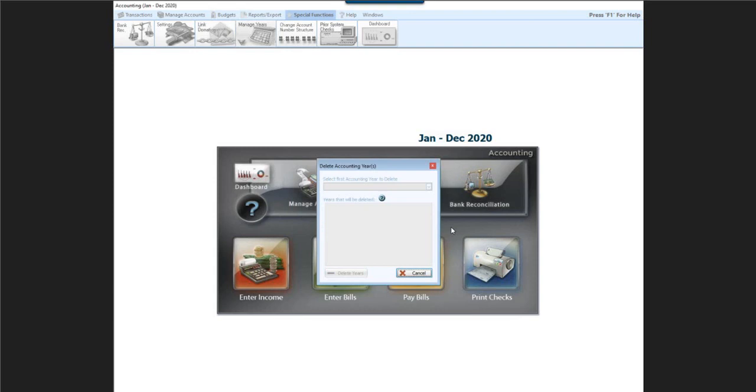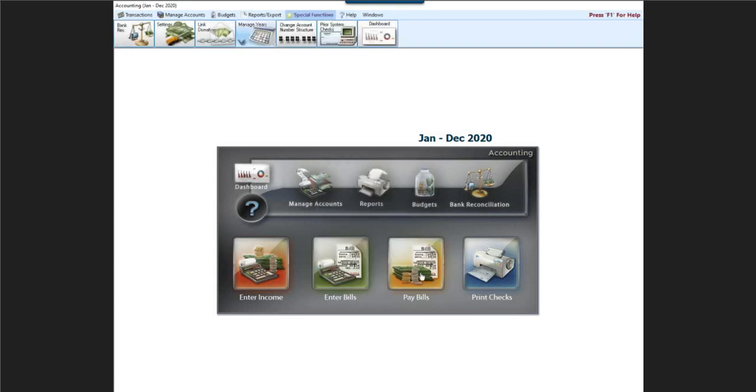Okay. When in doubt, folks, make a backup of your Church Windows data. It is your best and safest way to preserve and protect the data if you're making a broad and sweeping change to the database, such as these two functions. So again, backups are your best friend. It doesn't matter whether you're on a desktop local install or in the cloud, make a backup. Learn how to do that.